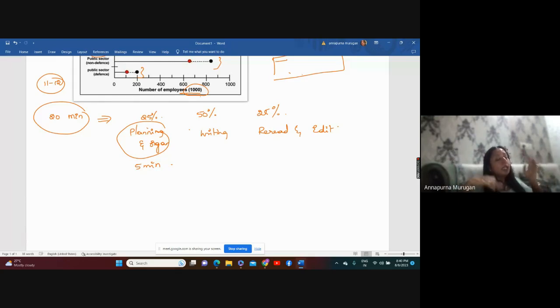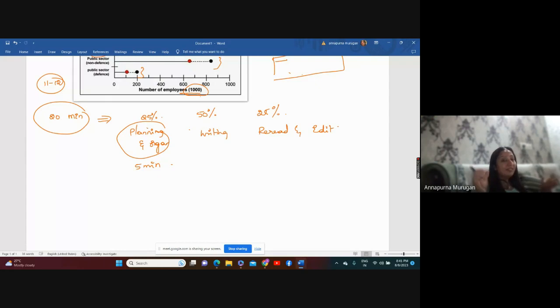Or if I say, among all the sectors discussed here, the non-defensive public sector is the one where we find so few males and females working. Which information is better, those 200 and 100, or the information that I presented now? Where did you people understand better? The second one, right? That is what we need. I hope now you people understood. So why is it important not to use the numbers? The numbers will not give you what is actually to be explained.